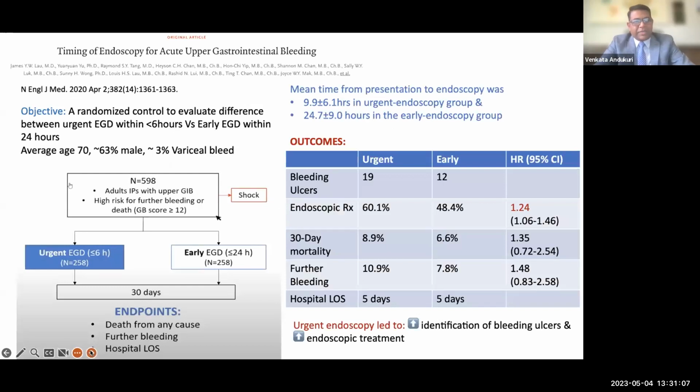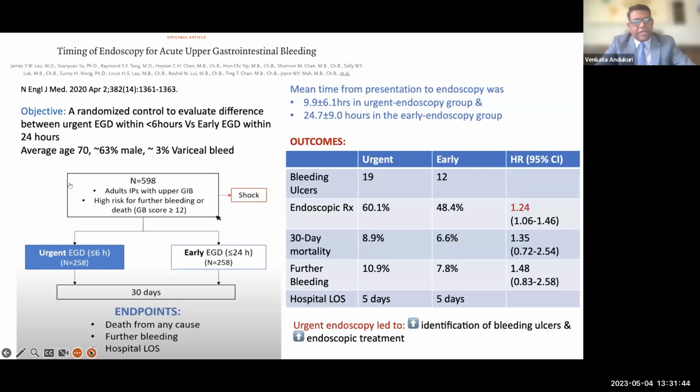So, timing of endoscopy for acute upper gastrointestinal bleeding. That's the New England Journal paper from April 2020. This was a randomized controlled trial to evaluate differences between urgent EGD within 6 hours versus early EGD within 24 hours. The average age in this study was 70, and 63% were male. Just about 3% had variceal bleed. So these were the sicker patients. The total N was 598 adult inpatients with upper GI bleed,